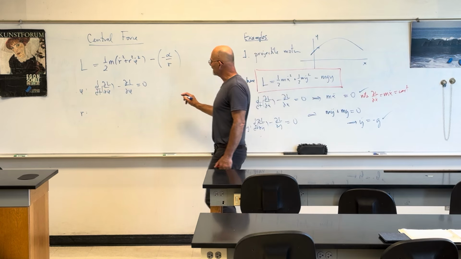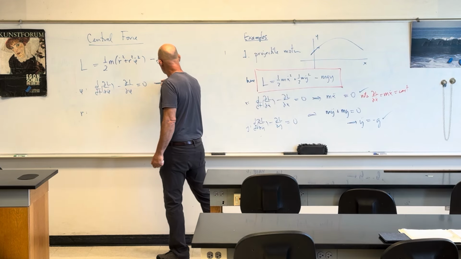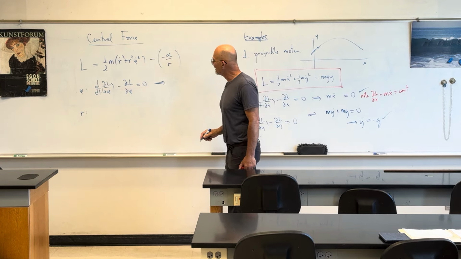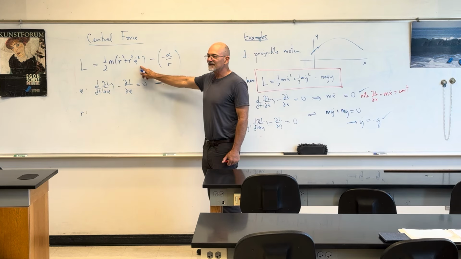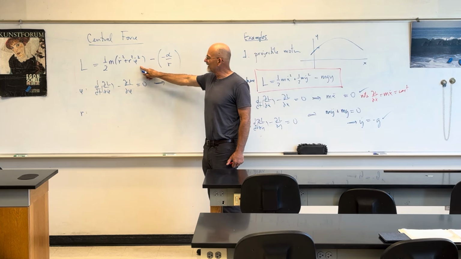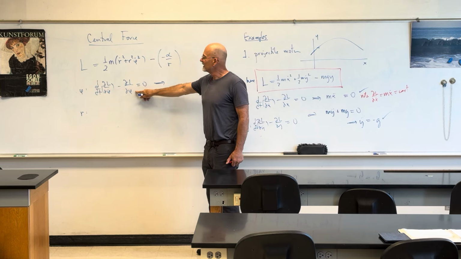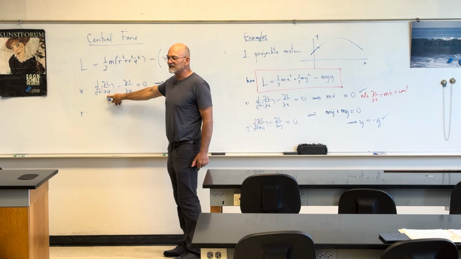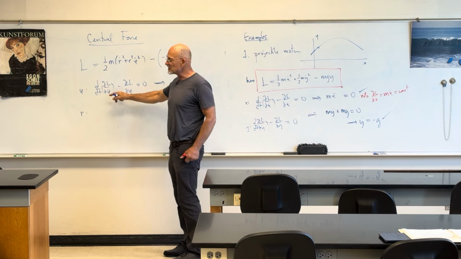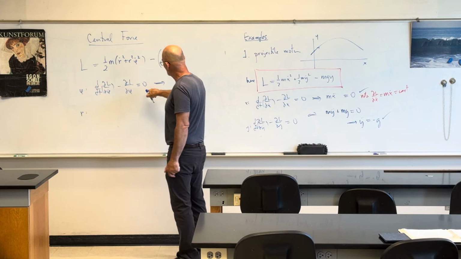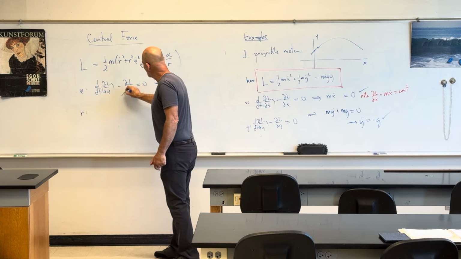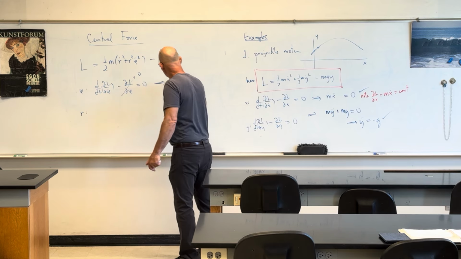In fact, we're going to continue with this one. Because remember, there is no phi in this Lagrangian explicitly. That means that's 0. That means that's conserved. Right? The conservation laws, they just fall right into your lap. So this is 0. Therefore,